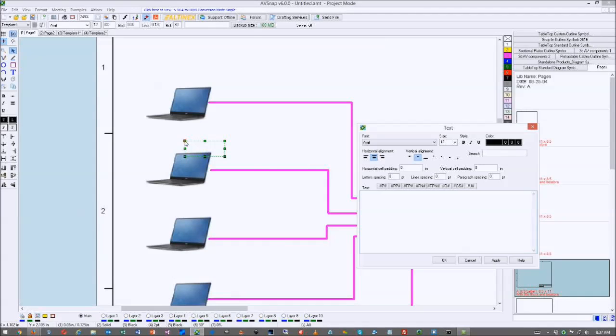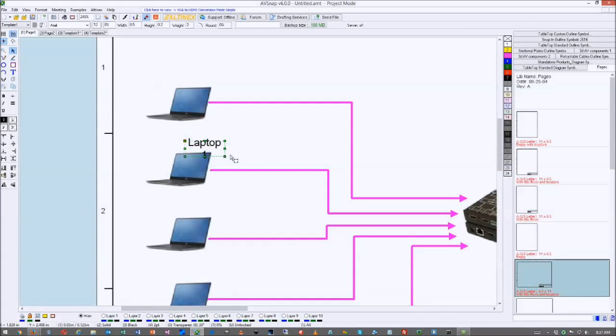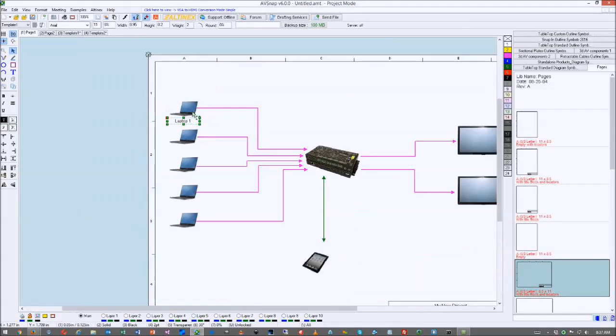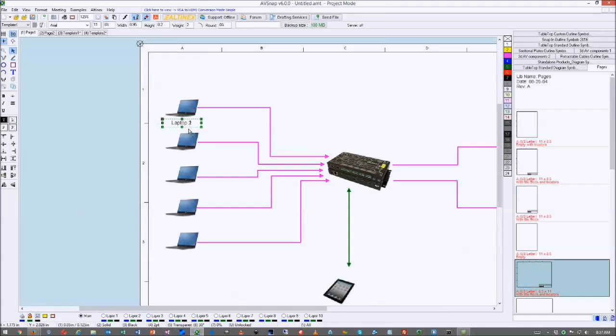Let's go ahead and put text here and say laptop 1. And remember the function for auto increment? This is where it's going to pay off. All right, you're going to put a laptop 1 here. Let's make it a little bit smaller. 12 size is okay. Make sure that your auto increment is on, and just zoom out and copy paste,